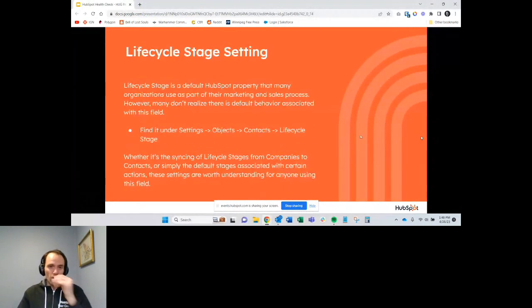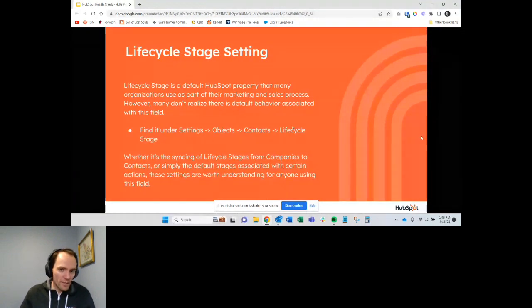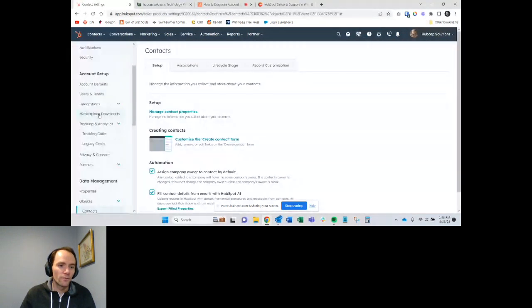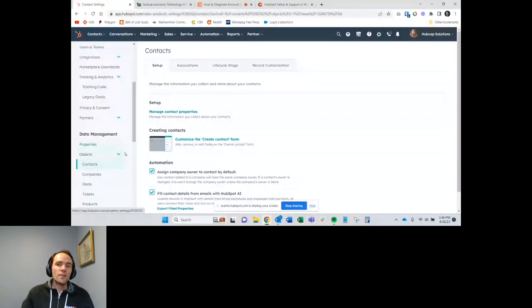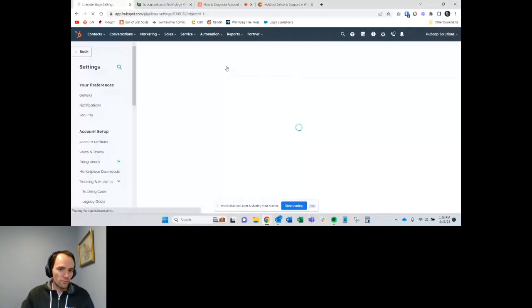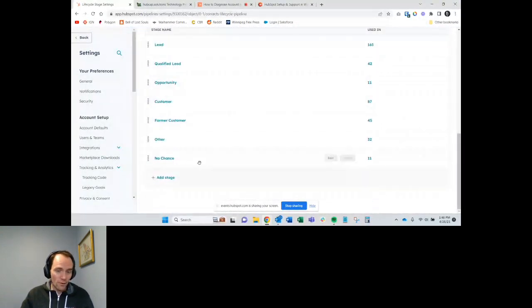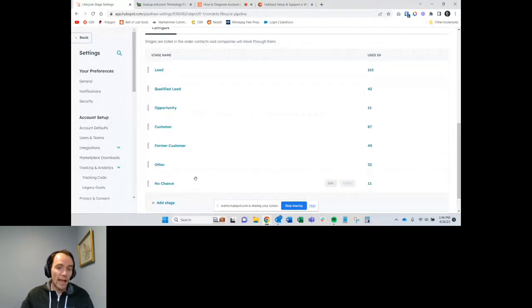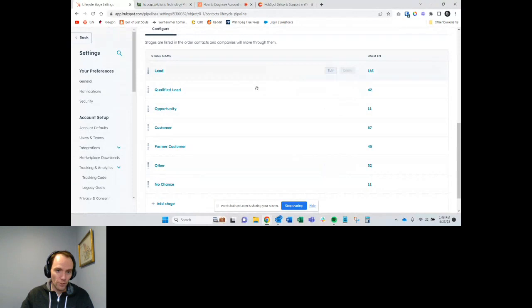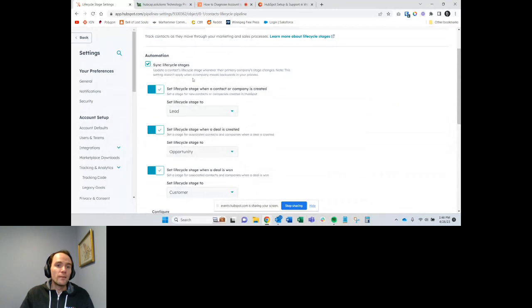Yeah. Last but not least, on kind of objects and properties is lifecycle stage setting. This is another one that there is a common scenario. So again, settings, data management, contacts, lifecycle stage. This is great because now, unlike last year, or I think 4 or 5 months ago, they added the ability to add different lifecycle stages, which is awesome. We've added the former customer lifecycle stage. But this right here, sync lifecycle stages and the default behavior for when different things happen,